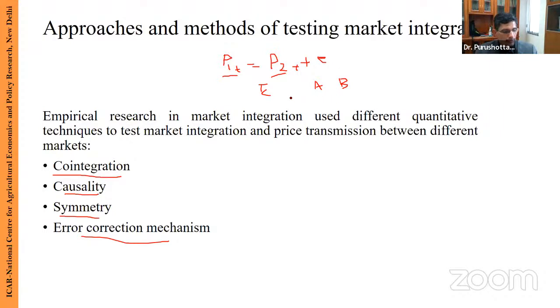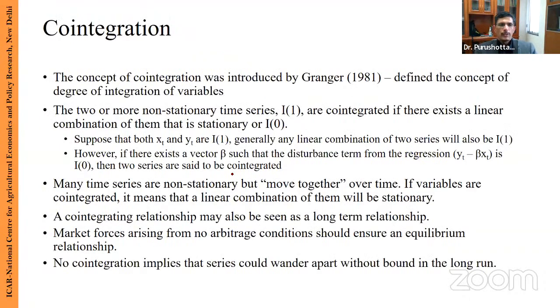And if such a relationship is there in these two prices, two markets are said to be co-integrated. So we'll discuss all those one by one, and I think we'd try to discuss co-integration, causality, and error correction mechanism. Symmetry we will try to omit because of lack of time. So co-integration